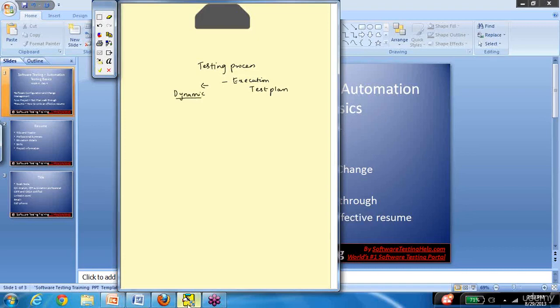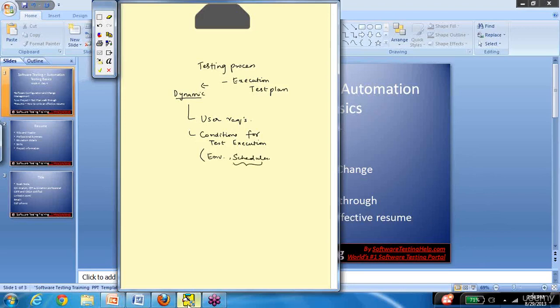So when we say it is updated on a regular basis, what causes this updation? There are a few things that might happen. First, the user requirements might change, or the conditions for test execution might change. When we say conditions for test execution, this could mean environment, or schedules.